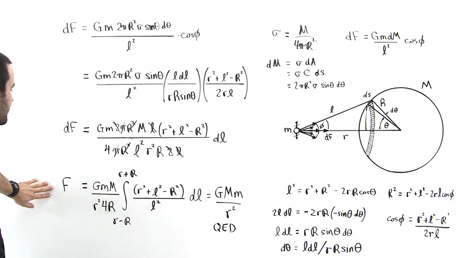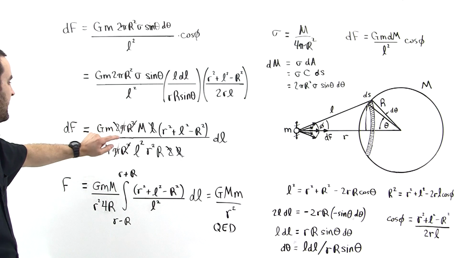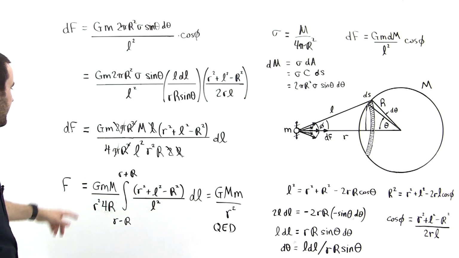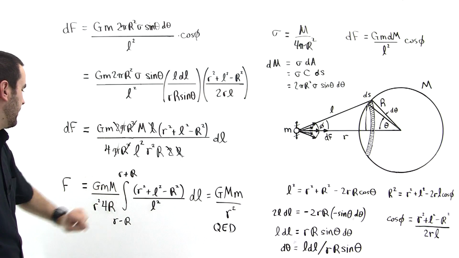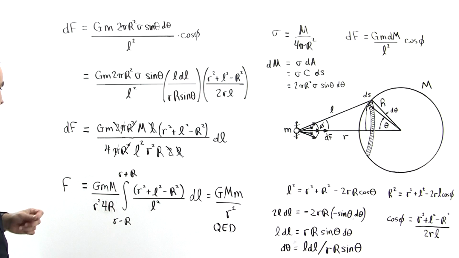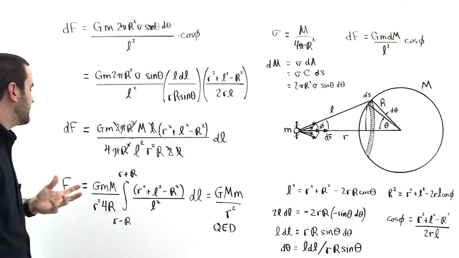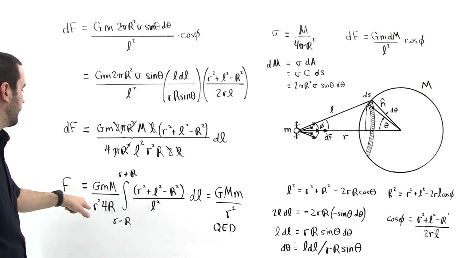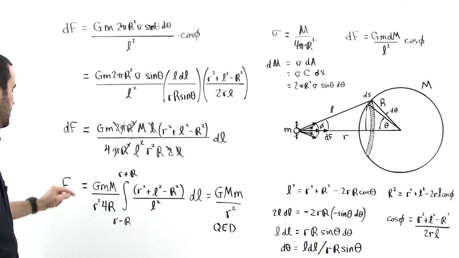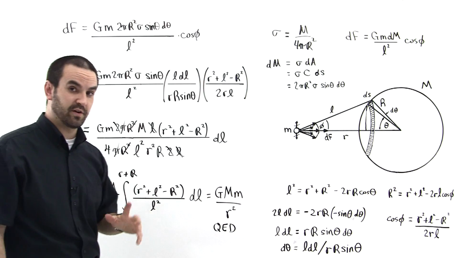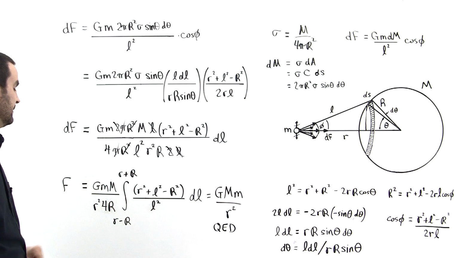So then the force is equal to this expression here. Factor out G, lowercase m, capital M, factor out anything you can that's constant. And then look here, little r squared, and then you have a 4 and you have r. L squared has to stay because it varies. And then the limits of integration are the final sort of trick to the whole problem. So notice what factors out here: G times m times capital M divided by r squared 4r. Looking familiar? This is looking good.